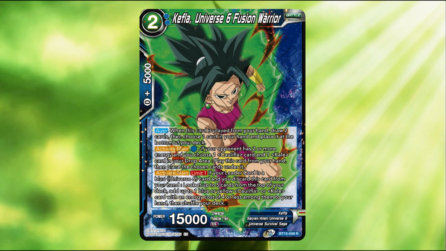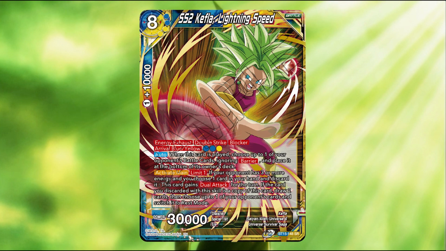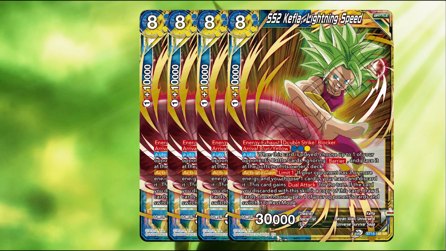And speaking of Kefla, Universe 6 Fusion Warrior, she is one of the new cards that gives me hope that Kefla Surge can be better now, helping deal with the number 1 fundamental, making up for the lack of draw power. The other option being, of course, Hit, battlefield manipulator. If your deck will have Kefla Lightning Speed in it, make sure to run her at 4